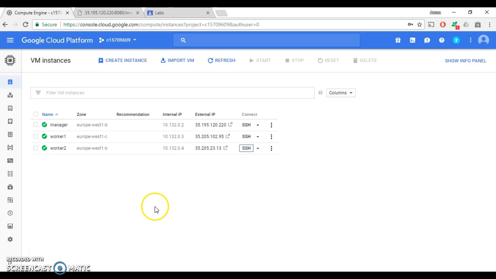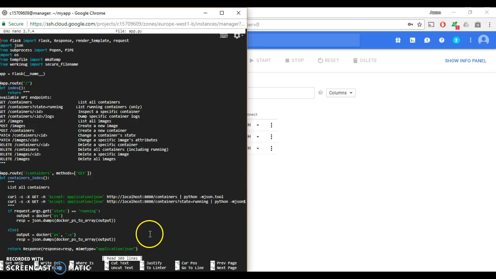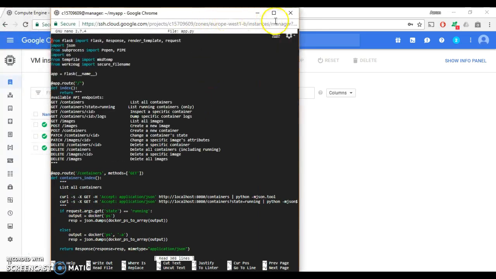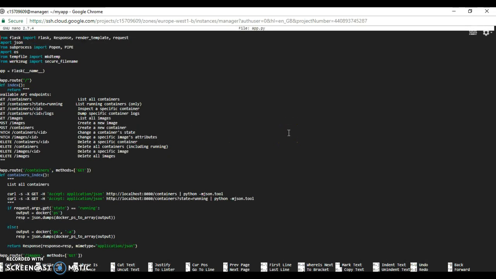What I will do though is go straight into the code that we have here. The code itself begins with the code that you gave us. The assignment involved many parts, including listing all the containers, listing the running containers, inspecting a specific container, creating images, creating new containers, deleting containers, and cleaning all images. You gave us some code which we could work off ourselves,